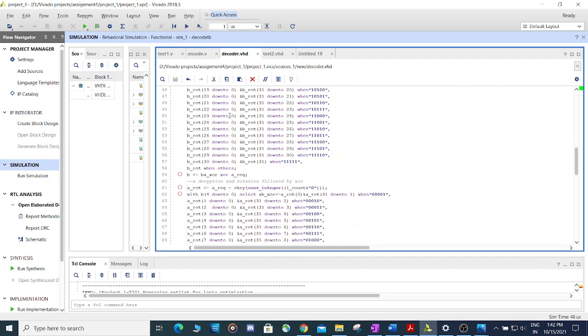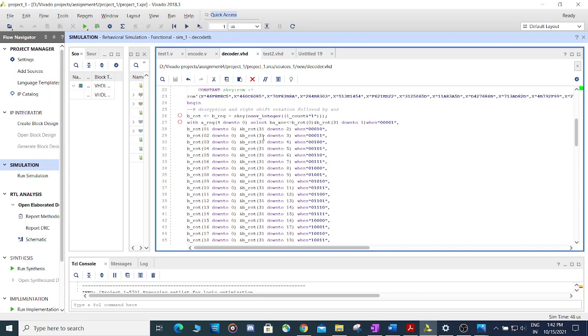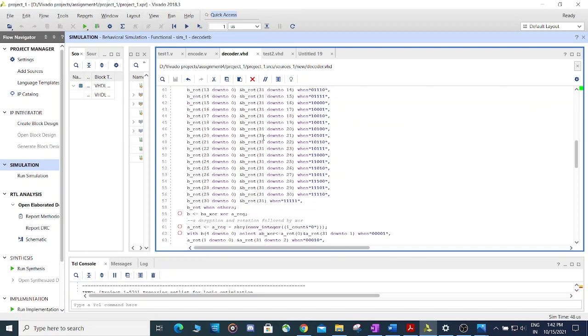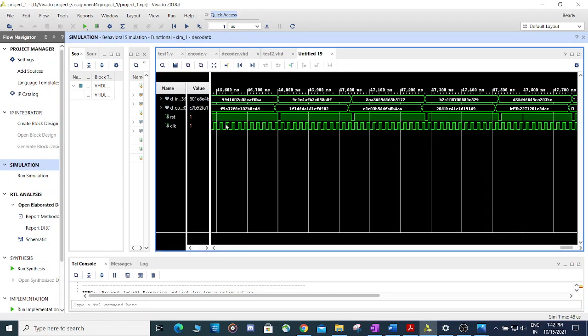The B ROM is then, as we have left shifted in encoding, we right shift in decoder, and similar steps are executed. Here, as you can see, for every 12 cycles we reset and store the data in the registers to give us the output.